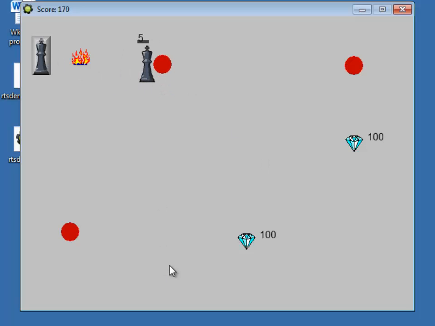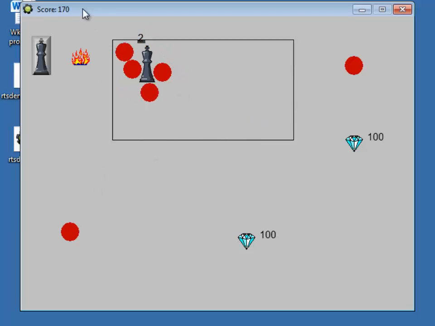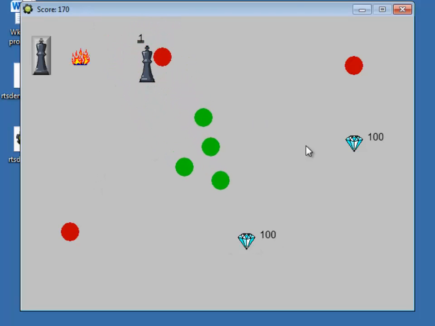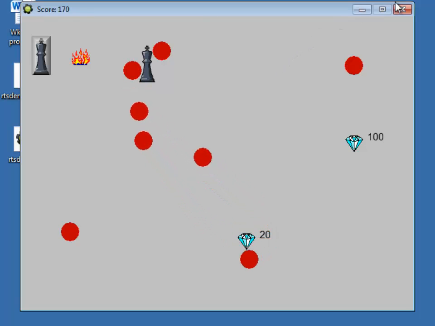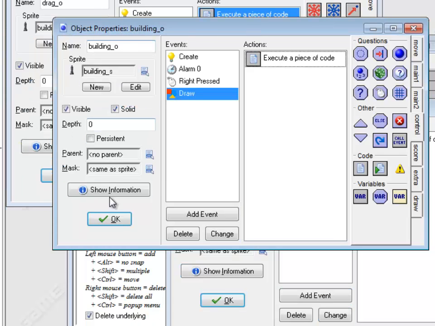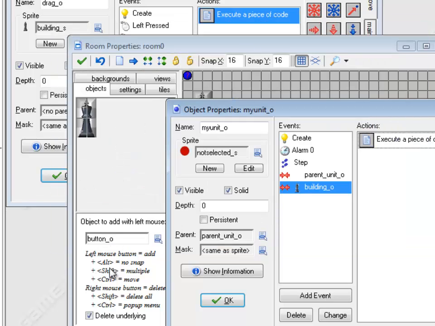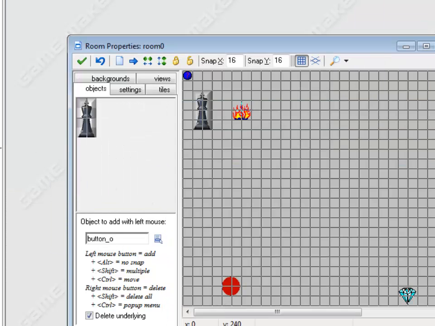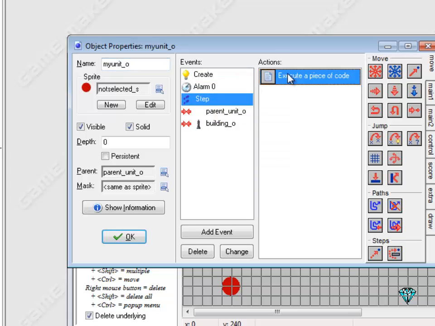All right. So that's how you can queue up multiple units, keeping track of variables in that sort of way. These are all just worker units. So another thing you might want to think about is how you're going to do units that can actually attack. It's actually very similar to the way the worker units work. So if I go into the unit now,